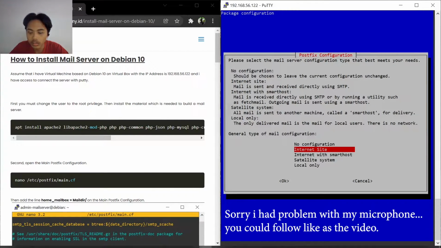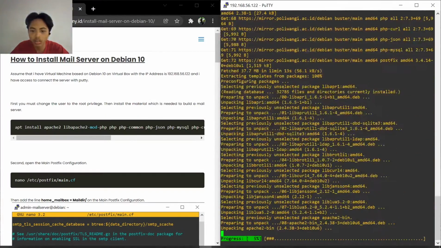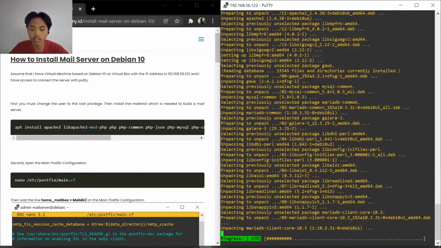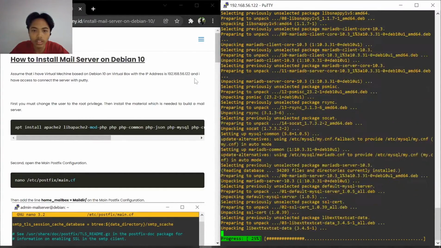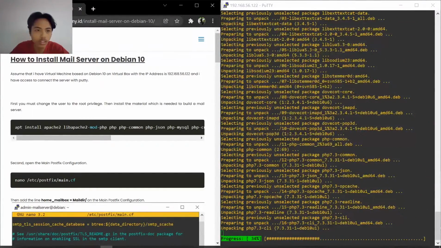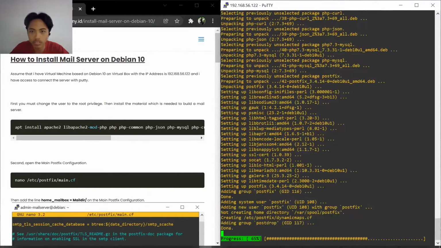You choose Internet Site, enter, and the system name is up to you, for example ourdomain.com. Wait until the progress is 100, and you can see this tutorial on pertigaan.my.id. We wait until it finishes.